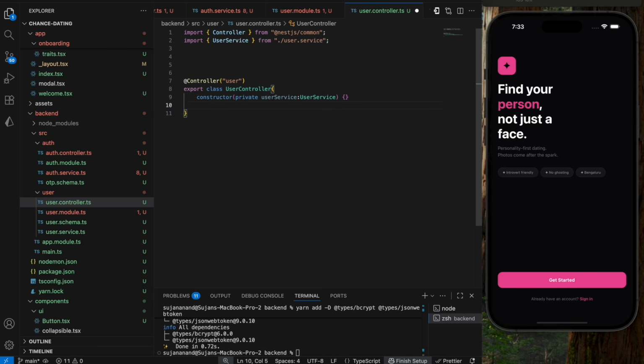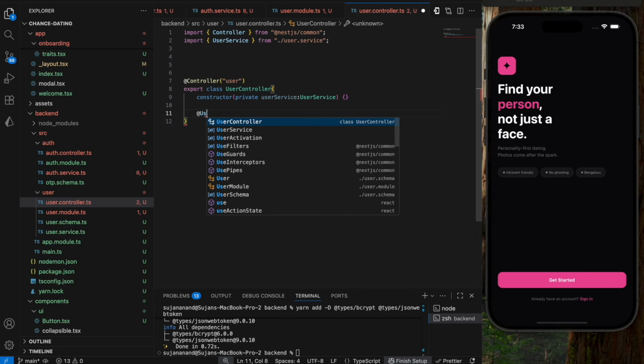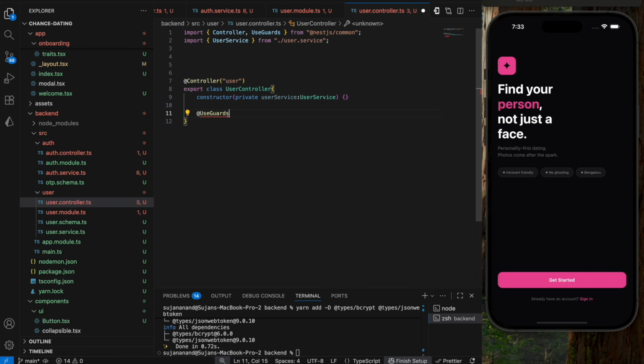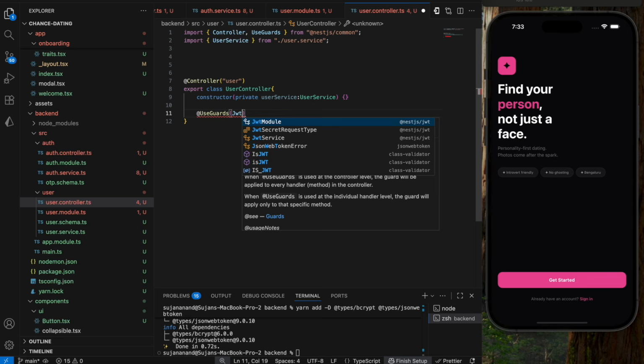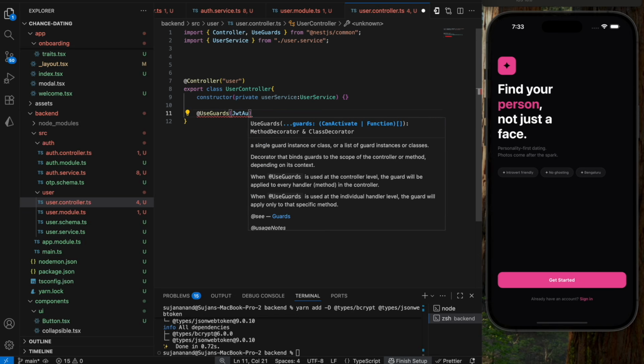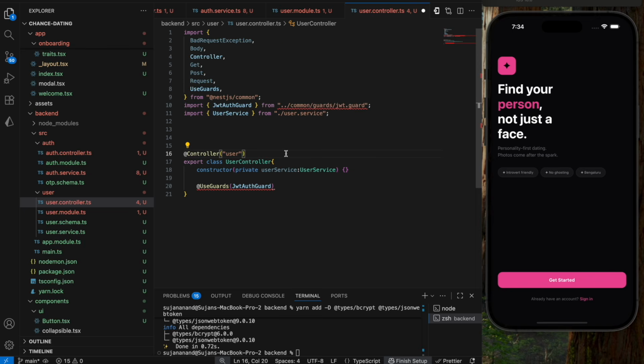Okay, here let's try to use the guards. Here I'm going to say add use guards. Import that from NestJS common. Here we're going to use that JWT auth guard. So it's going to be coming from the common guard as well as the JWT.guard. So yeah, let's just try to import all of these things. I think there is some issue with the installation. Yeah, let's look into that later. Okay, so here we're going to use that auth guard, and let's start to implement the